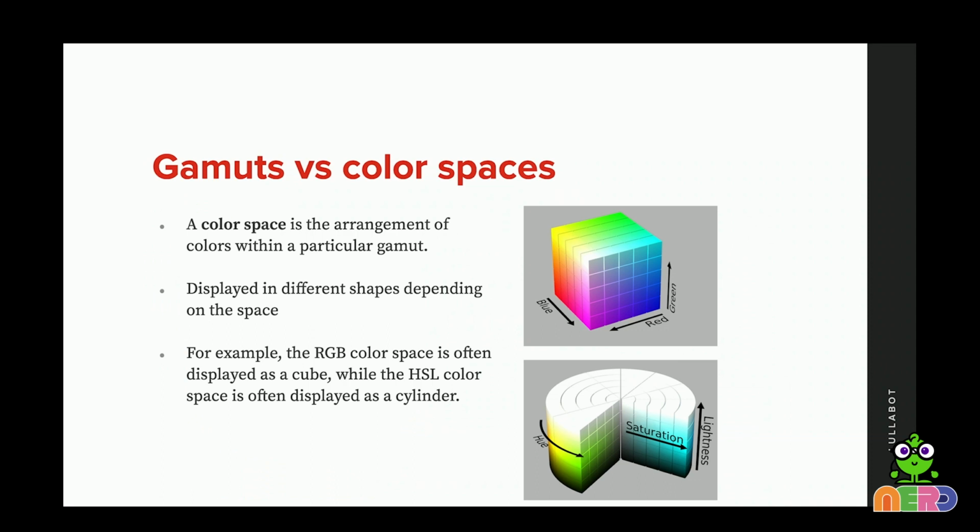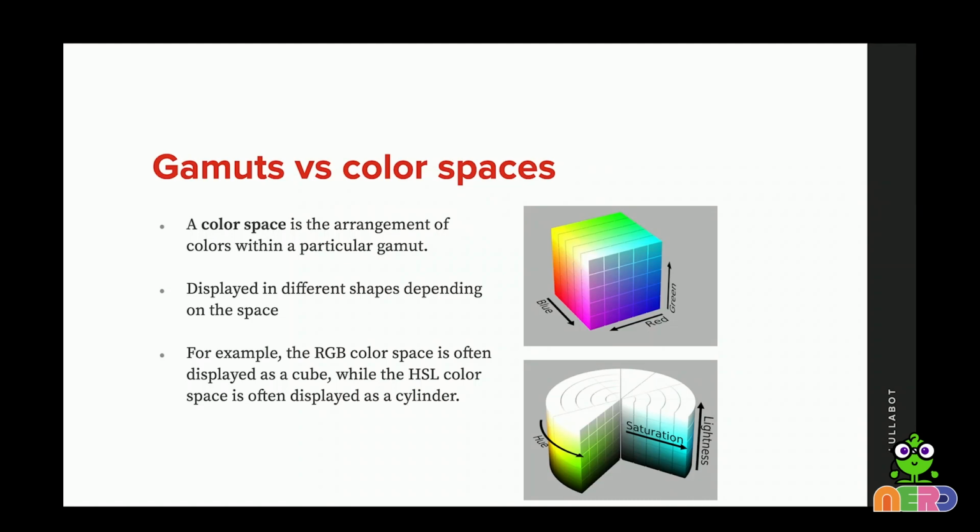So that's gamuts. Next is color spaces. And this is the arrangement of the colors within the gamut. So these are usually visualized as different shapes within the space. So I have two examples here. The first one on the top, the cube, is RGB. So you can see that it's represented as one side's blue, one side's red, and one side's green, because RGB is red, green, blue. And then the other one I have down there is HSL, which is hue, saturation, and